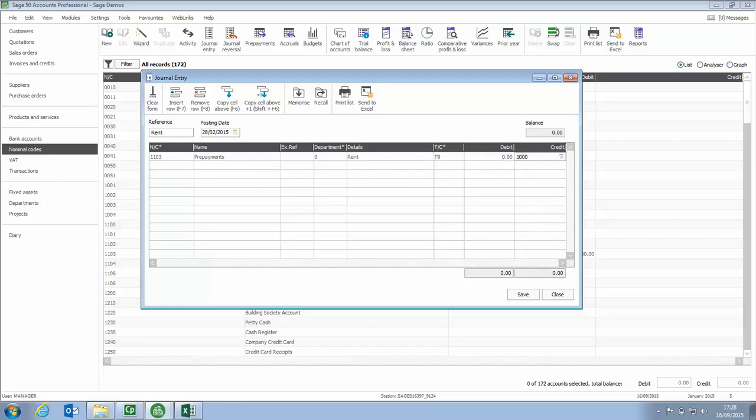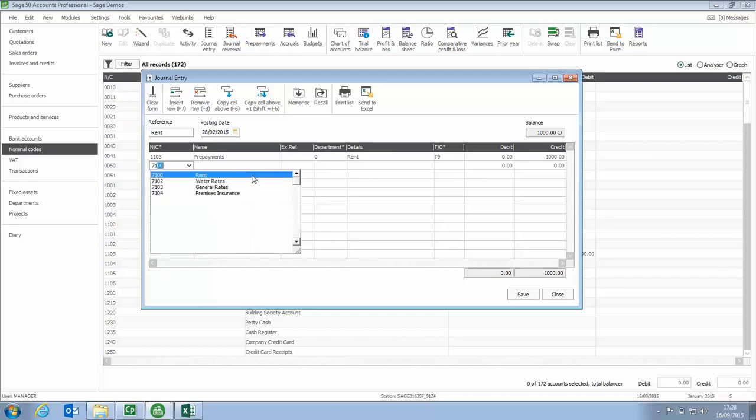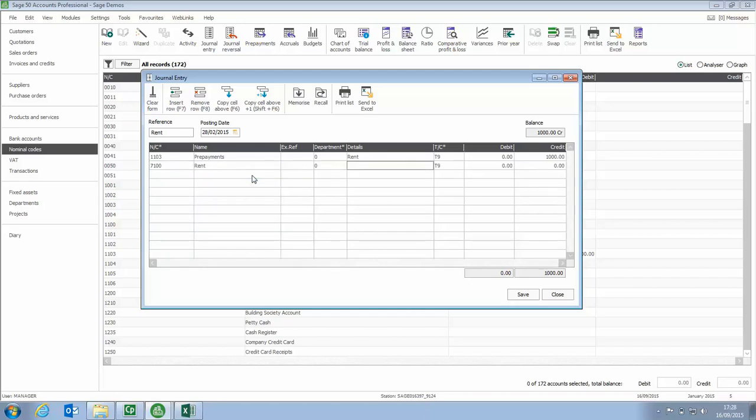Again, £1,000, specify our rent nominal code, F6, £1,000. Double check everything, looks okay, we'll save it. Final adjustment, let's just type that right, try it again. So rent,